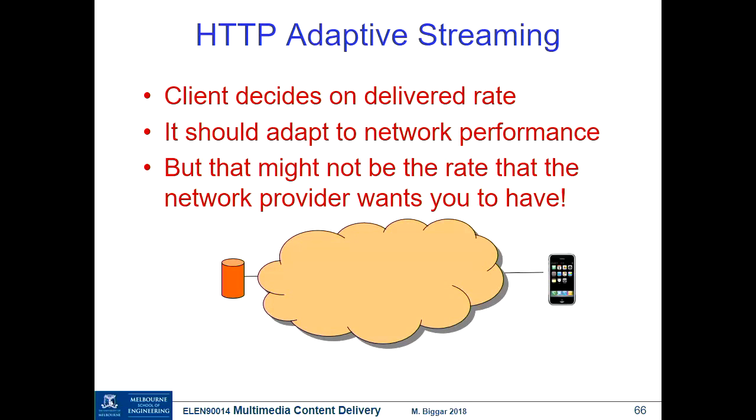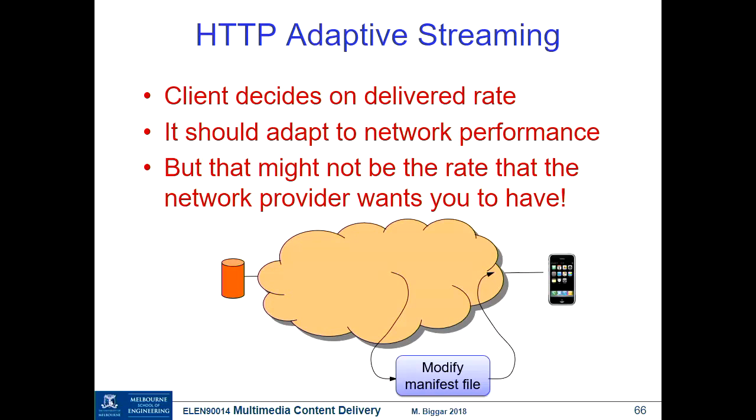Particularly in, say, a mobile network, where a Telstra or Optus or Vodafone might want to manage the bit rate that's on its network, and it can do that because, unless it's encrypted, I suppose, they can